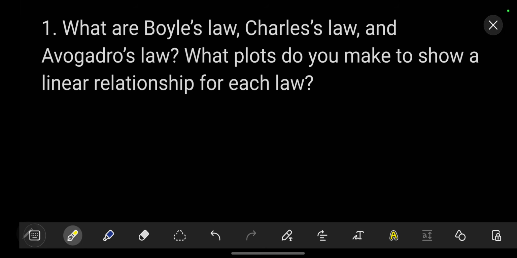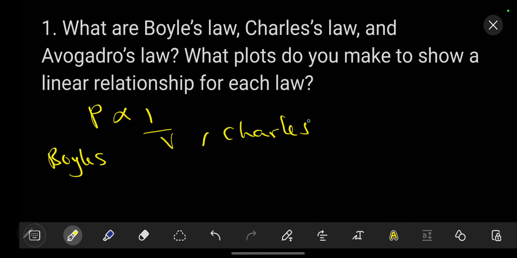So now, when we talk about Boyle's law, it simply states that the pressure of a fixed mass of dry gas is inversely proportional to the volume, provided that the temperature is kept constant. This is Boyle's law. Now, Charles' law states that the volume of a fixed mass of